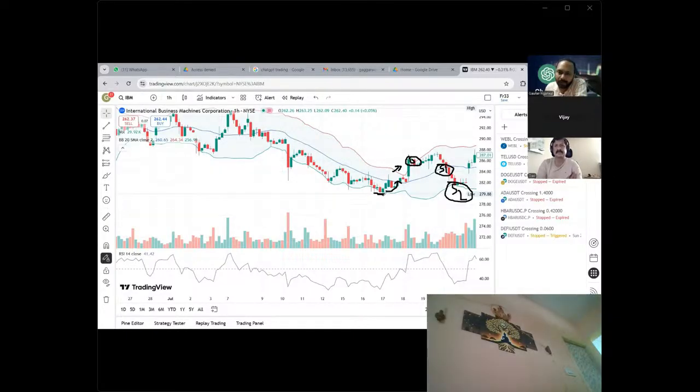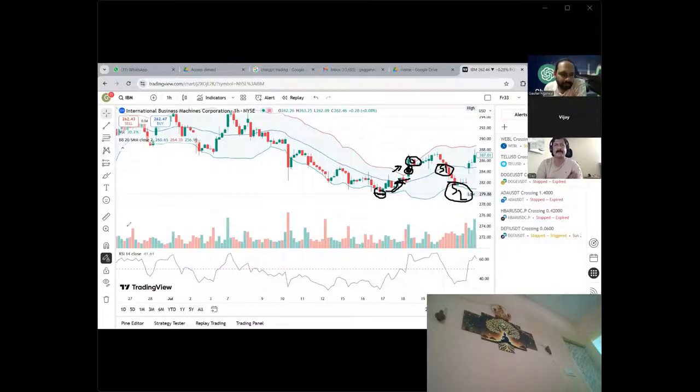Normally how I trade: if I take a buy trade here, then I will exit here on resistance one, and then if it gives a breakout from here, I will again enter and try to exit here. So you can exit your position in chunks, or if you want, you can carry your position till the upper median. That is up to you how you want to use it.